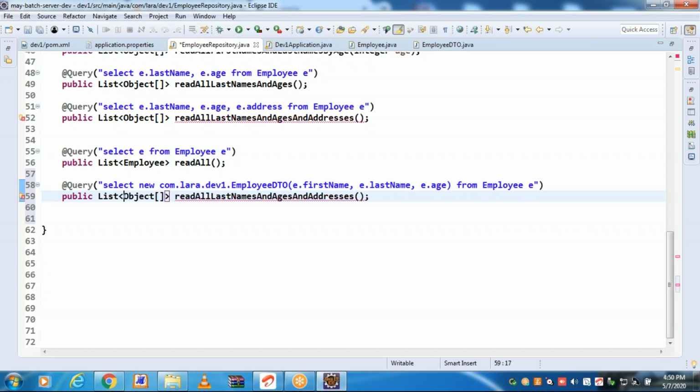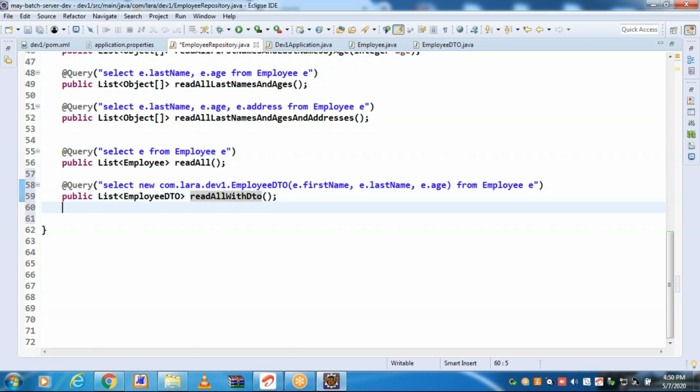It will be returning employee DTO. Read all with the DTO.